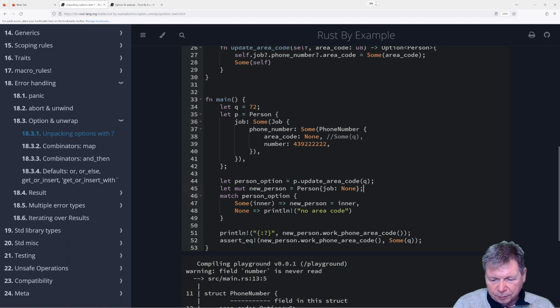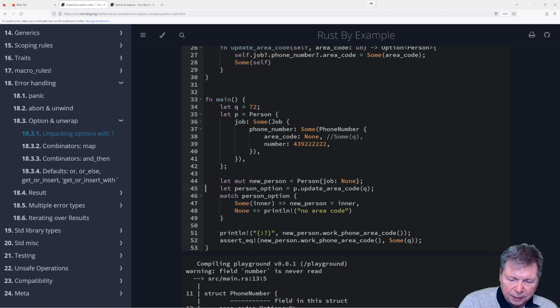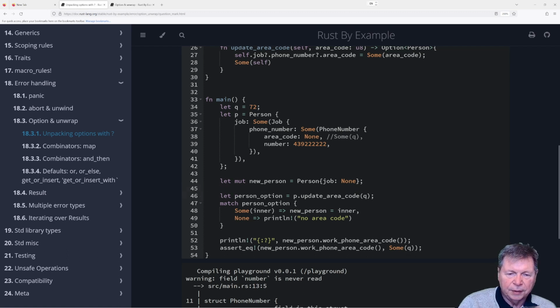Well, I guess I could put this in the other direction, because I really want it to be like that. So this is a group of things. We have a new person, and then we're going to update the area code, return a person option, see if we updated it.